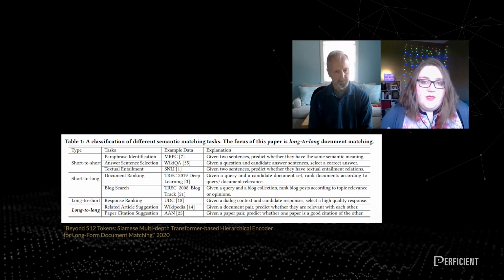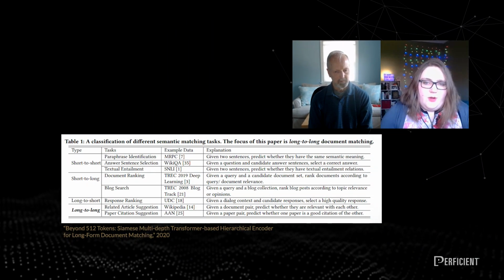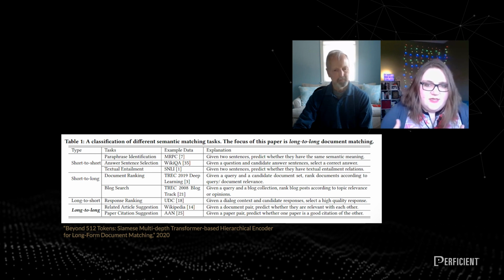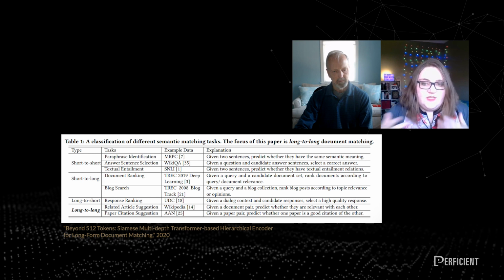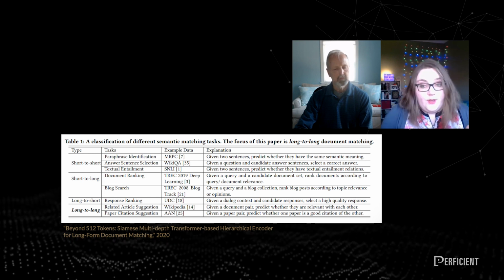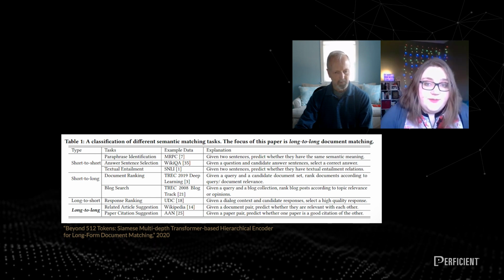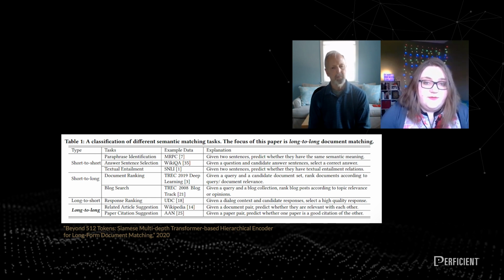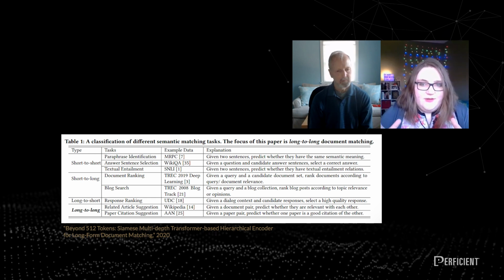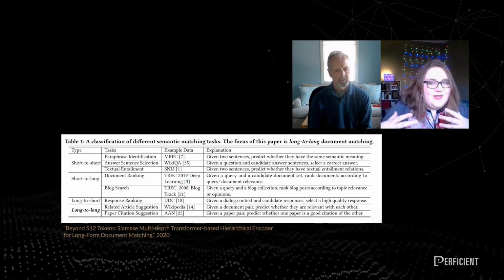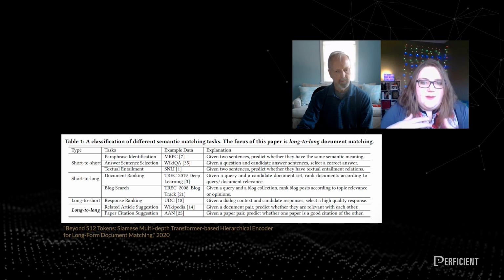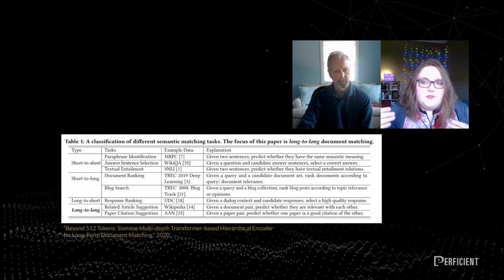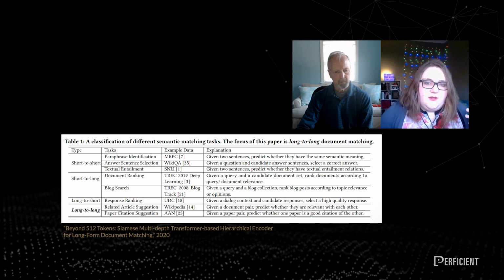So let's talk about the kinds of problems that Smith is trying to solve. Semantic matching problems can be classified into 4 different categories based on the length of text. So if one is short and the other long, or vice versa, or if they're both short or both long. The developers of the Smith model looked at the work that was being done and found when both texts are long, matching them requires a more thorough understanding of the semantic relationships, like matching patterns between fragments with a long distance between each other.